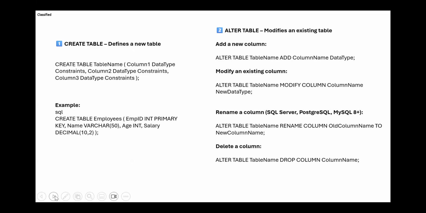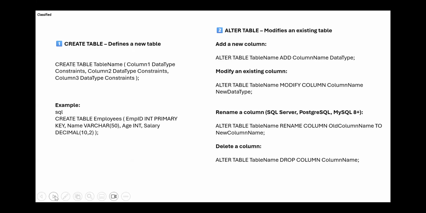Whatever you write in SQL, so the SQL code part should be in capital letters. And what I do as a good practice so that I don't get confused is that the name of the tables, the name of the columns, and anything which is not fixed, which I have to put, I put it in a proper case. I put a capital T, I put a capital N, and I write a table name. Okay. So what is the way to write it? You say create table and then put the name of the table that you want.